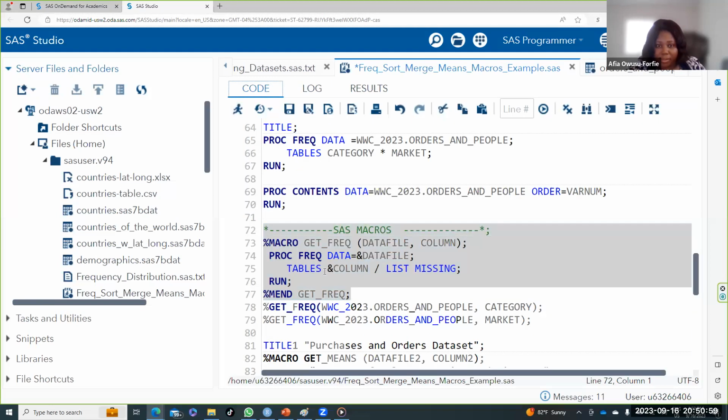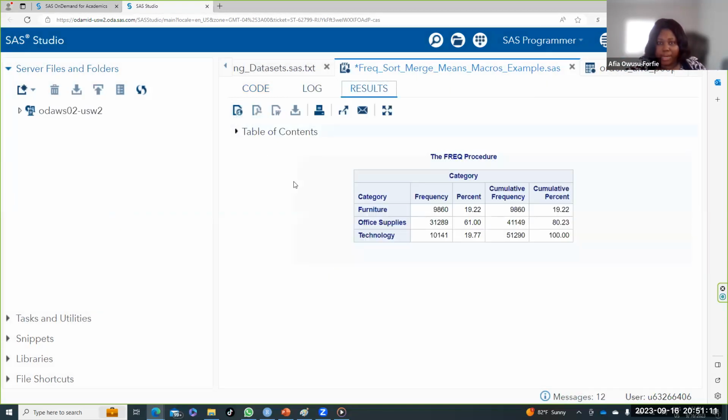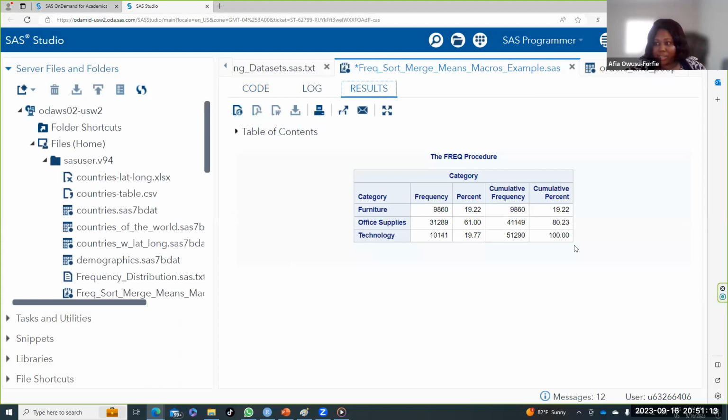And then here is where you pass your 2 arguments, which are the specific instances, into this macro. And then you run it, and like magic, you successfully run the first proc frequency for your